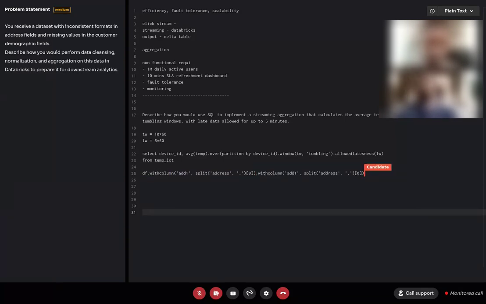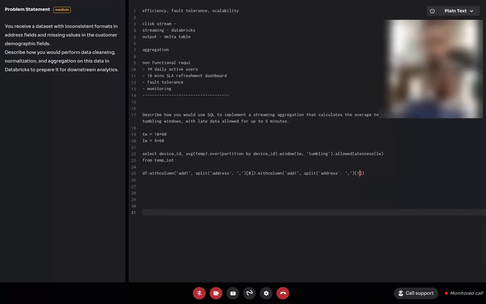You can directly use regular expressions. That's fine, I don't expect anybody to remember them. Basically, either we can split based on comma separated values or something, or use regular expressions, regex, to split it.